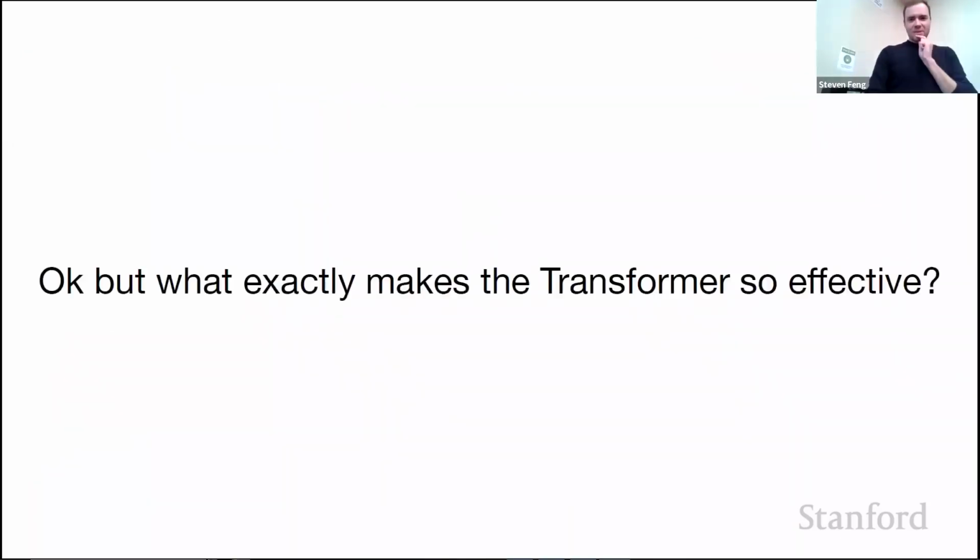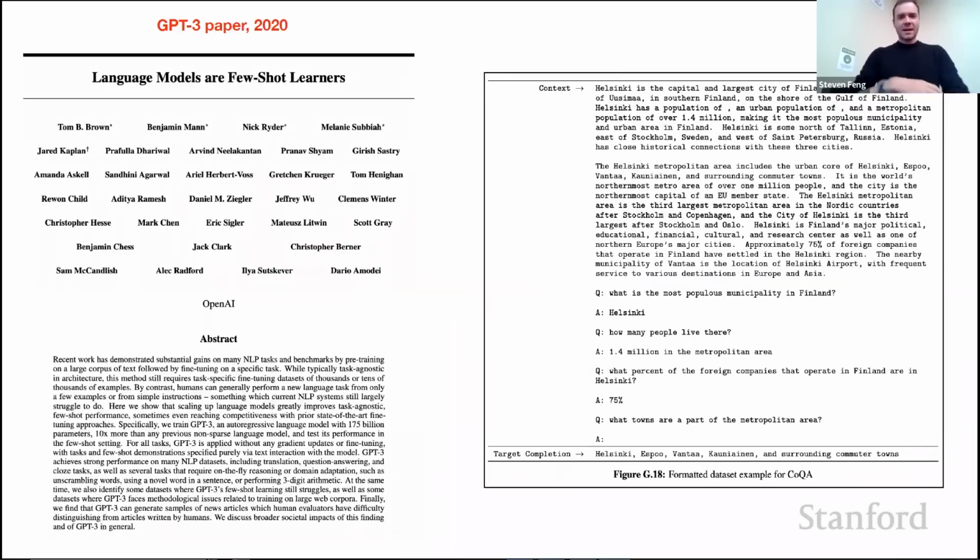Okay. So now, what exactly makes transformers so effective? I think a good example of this comes from the GPT-3 paper, which I encourage people to read. "Language Models are Few-Shot Learners." I would have probably renamed this a little bit. I would have said something like transformers are capable of in-context learning, or meta-learning. That's kind of what makes them really special. So basically, the setting that they're working with is, I have some context, say a passage. This is just one example of many. I have a passage, and I'm asking questions about it. And then I'm giving, as part of the context in the prompt, the questions and the answers. So I'm giving one example of question answer, another example of question answer, another example of question answer, and so on.